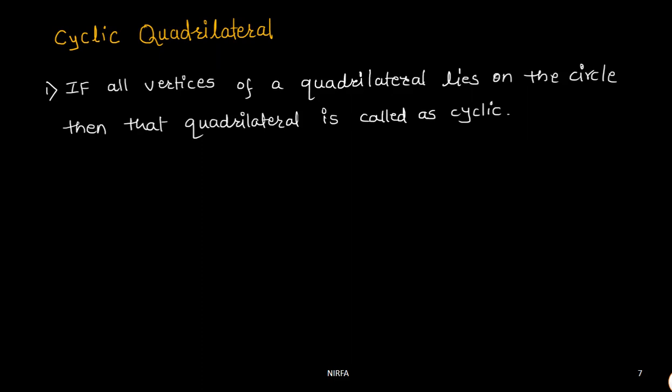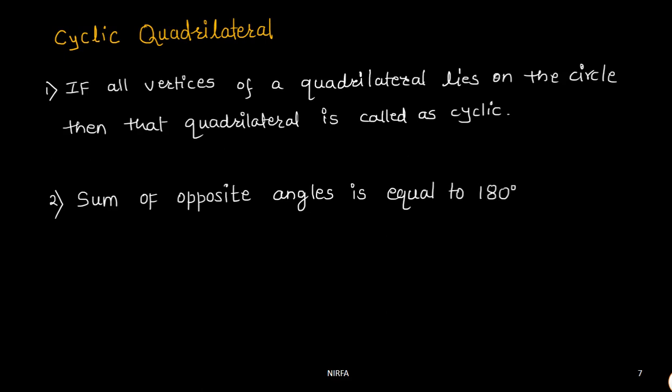Now if we have such a quadrilateral, but we don't have information about whether its vertices lie on a circle or not, then how do we know that it is a cyclic quadrilateral? So how to check that? For that purpose, you take any pair of opposite angles of that quadrilateral and add them, and the sum of these two opposite angles will become 180. That means the opposite angles are supplementary. Then you can say that the quadrilateral is a cyclic quadrilateral.